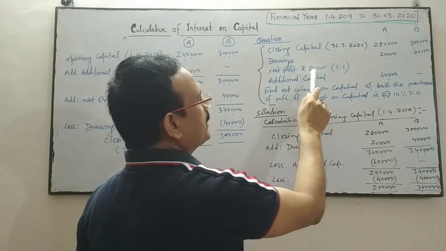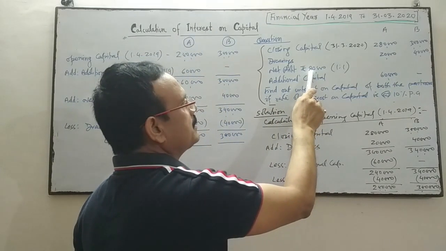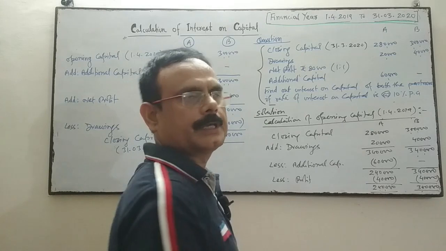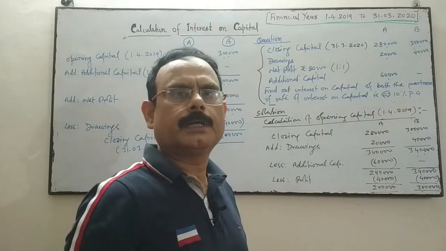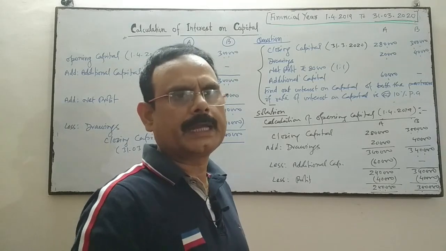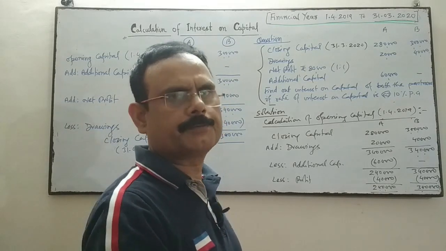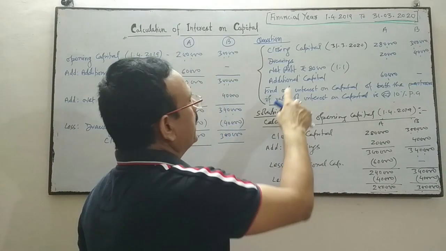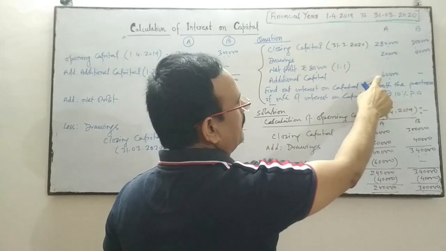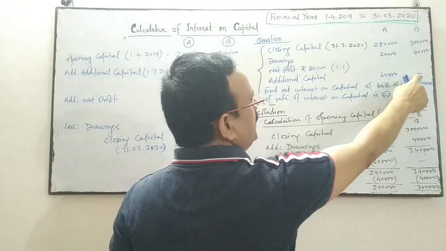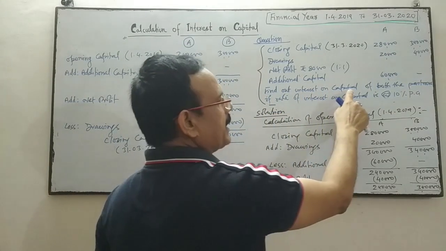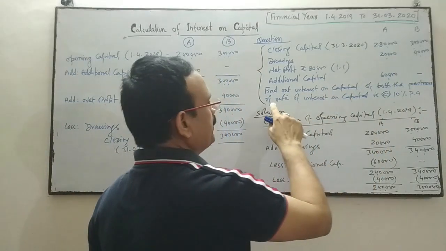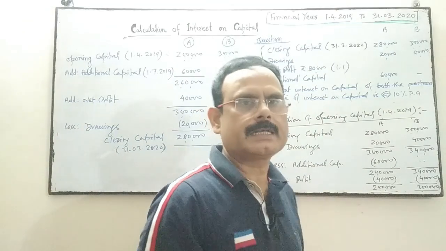Net profit earned by the partners is 80,000 and the profit sharing ratio is 1:1. So this profit will be divided in the ratio 1:1, meaning A will get 40,000 and B will get 40,000. Additional capital given by A is 60,000 and B has not given any additional capital. Find out the interest on capital of both partners. Rate of interest on capital is at the rate of